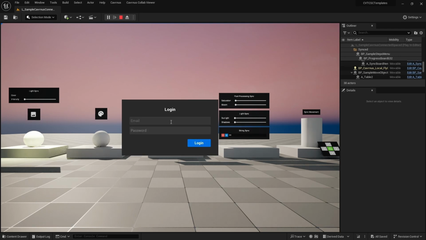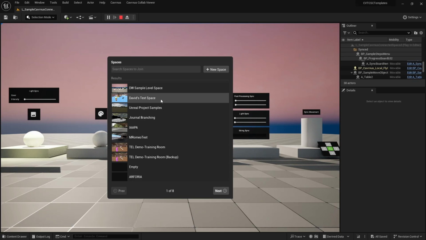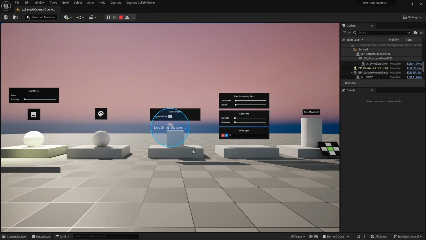And now this particular example is set up to authenticate team members. And so I'm going to log into my account on that domain. And so now I get a space list. This is just our example lobby that we provide. You can make this look any way you want. In this case, these are all the spaces that I either created myself or that I've been added to by somebody else. And I know that I'm going to be joining this DW sample level space, which is associated with